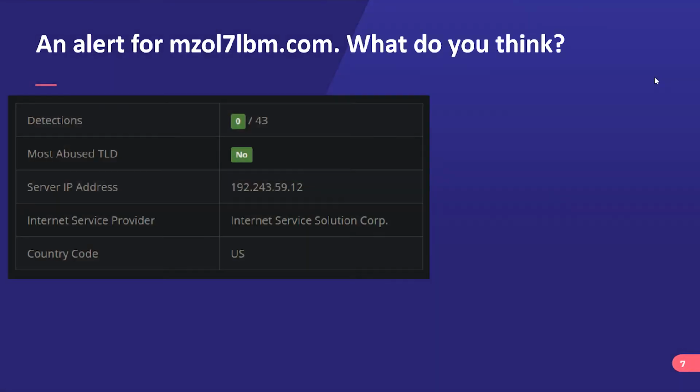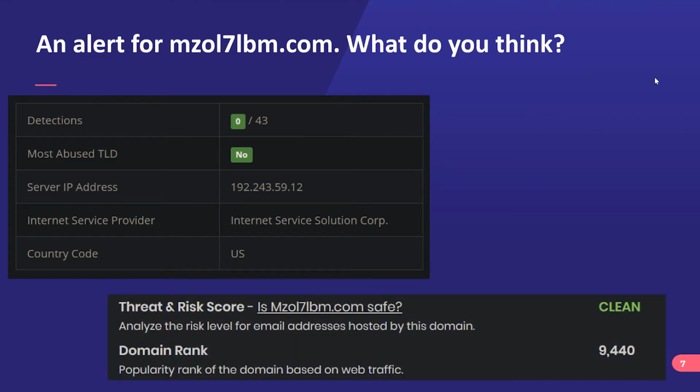So if you take this domain and you go search all of the reputation databases out there, you see that there's no detections for it. It's clean in all the databases. In fact, you go to a number of other sites, you'll find that not only is this domain considered clean kind of across the board, but like we see here, this is telling us this domain is top 10,000 domains on the internet, which would make it incredibly common if true.